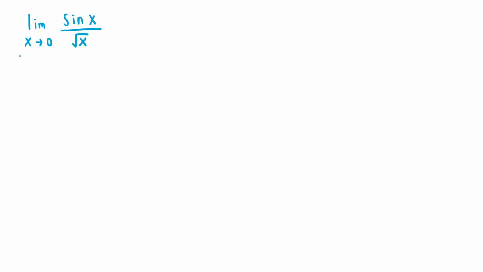What is the limit as x approaches 0 of sine of x over the square root of x? If we plug in 0 for x into the expression, we would get a 0 over 0 indeterminate form, since sine of 0 equals 0 and the square root of 0 equals 0. Which means we could use L'Hopital's rule, but I want to find this limit without using L'Hopital's rule using a